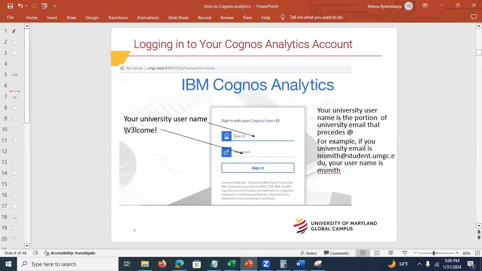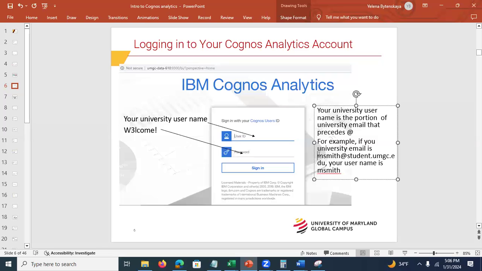So what I did was I took the word welcome. Number 3 is above letter E on the keyboard. So I just replaced the letter E with number 3, right? And I got this welcome. This is the password. This is everyone's password, and your user ID is the first part of your student email,